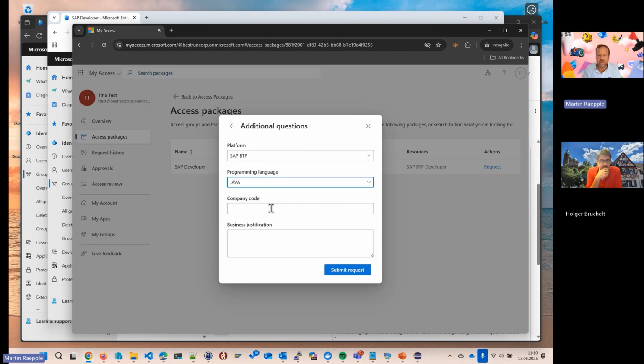So let's choose Java. And now comes the point where the business context of the user is set, which is key to find out the right approval for the given business context. So I chose company code. Let's assume we are in an enterprise environment with different subsidiaries maybe maintained in SAP, and each subsidiary has its own company code. So let's say we have different approvers for these different company codes, and one of them is